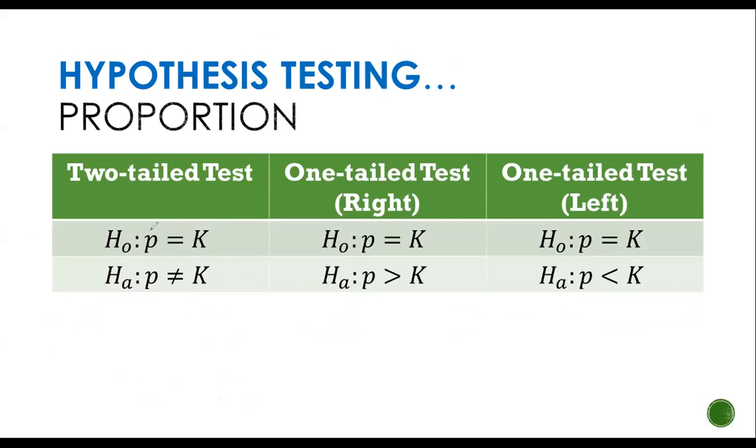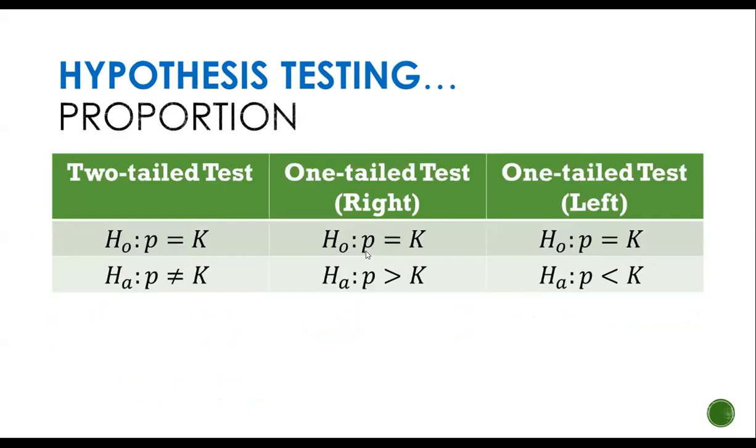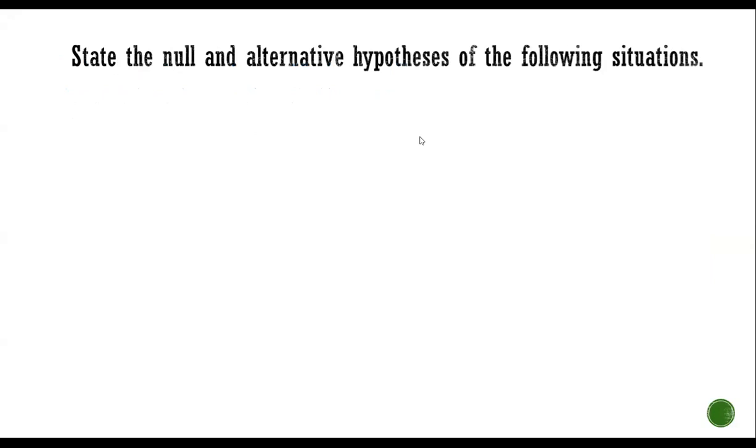So, kung kanina, yan, population mean. Kasi nga, that's mean. Mu, mu, mu, lahat. Kapag population proportion, it is P, P, P. Pero the same. So, not equal, two-tailed. Pag greater, right, one-tailed. Pag less than, you have your left-tailed, one-tailed test. Yeah. So that's how you will write later your hypothesis, null, and your alternative symbolically. Okay? We proceed to the next slide.